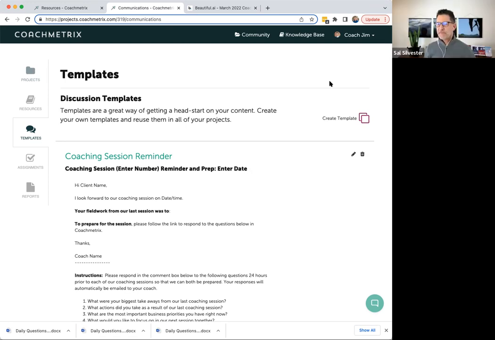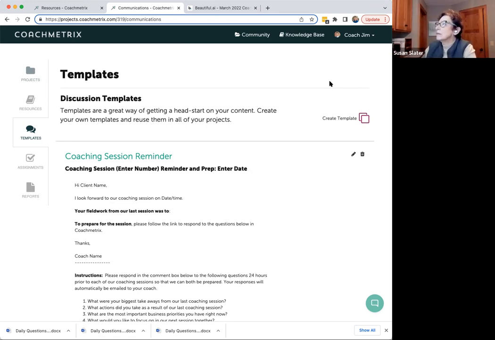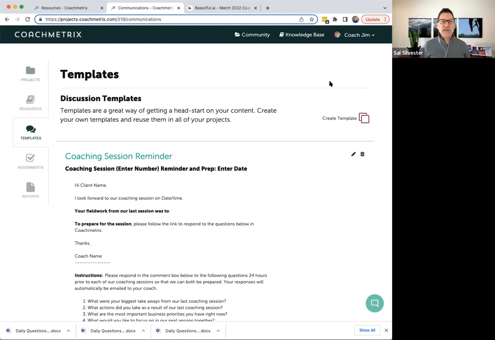Right. Well, let's try to build one. What we found is people assumptively will use this feature if you tell them that's how you coach. We've never gotten pushback on it, although I could see the idea of making a feature improvement so people can just reply to the email instead of having to go into the actual thread.